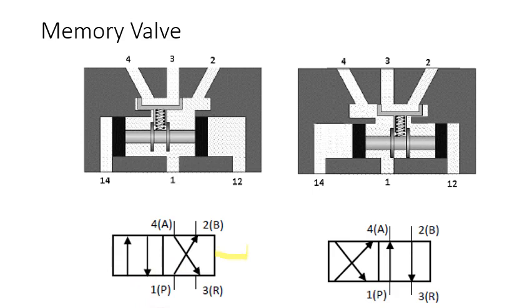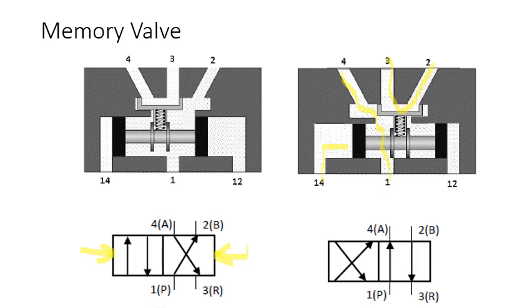Here there is actuation by air from one end, and actuation by air from the other end too. So if you want this position, you need to supply the air pressure from this end, so that 1 to 4 gets connected. If air supply is given to this end, 1 to 4 will get connected, and at the same time 2 to 3 gets connected. In this position, 2 to 3 is connected.